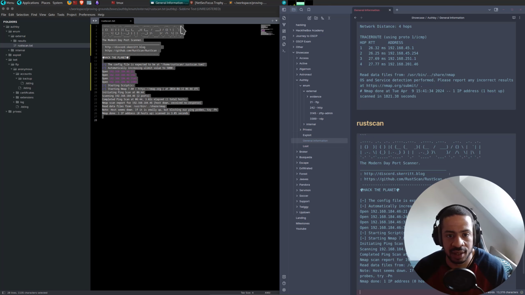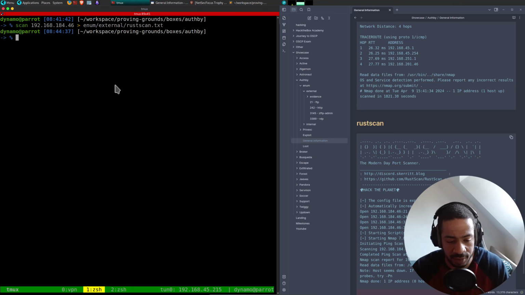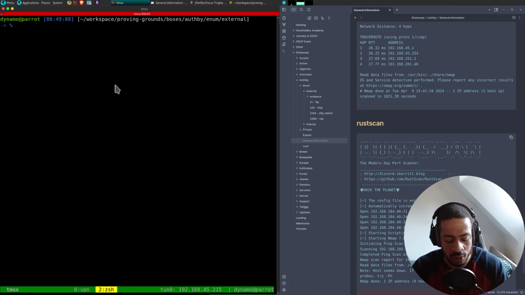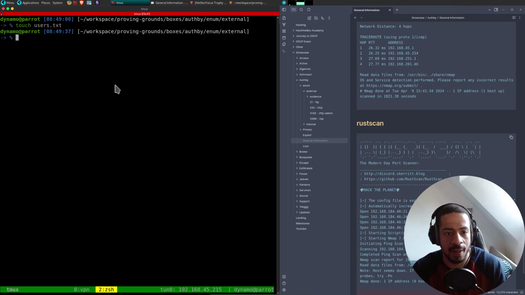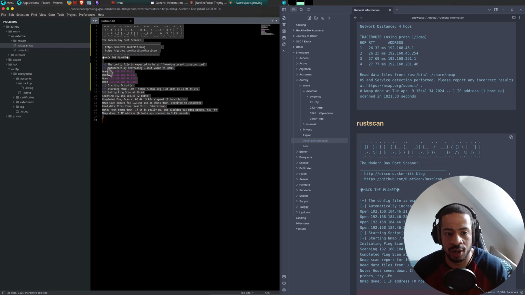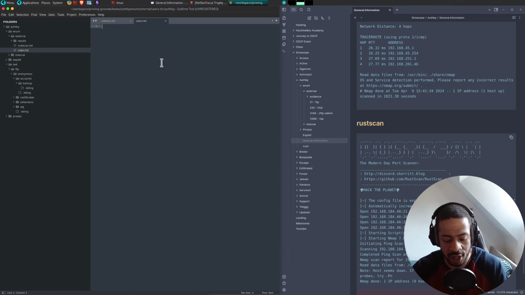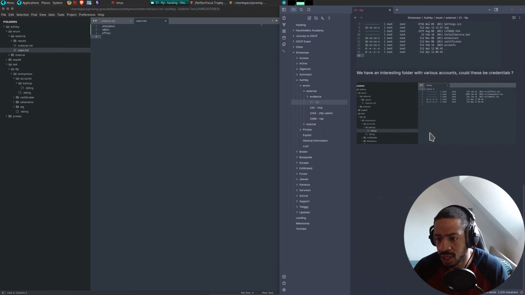We are in external, and we can touch users.txt. Inside of there, we're going to put these users that we just found: anonymous, admin, and OffSec. Is that correct? And OffSec, yes.